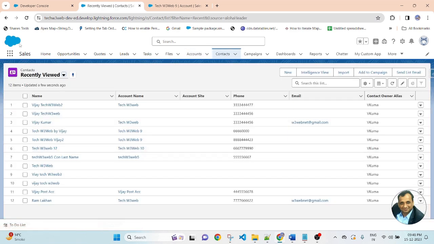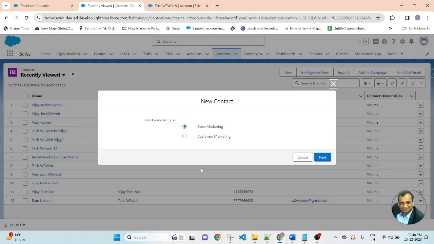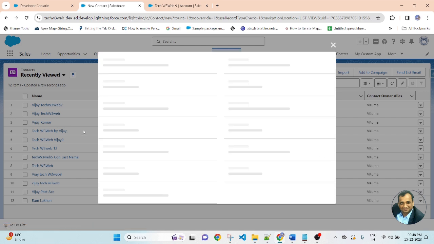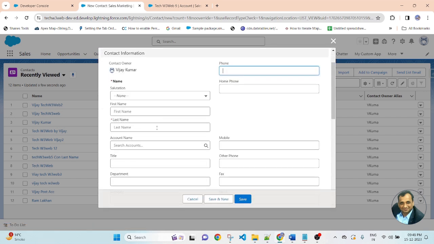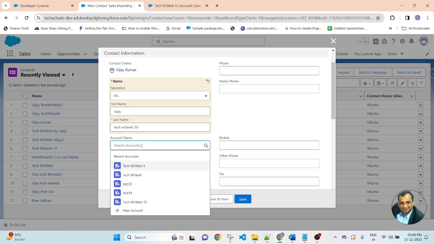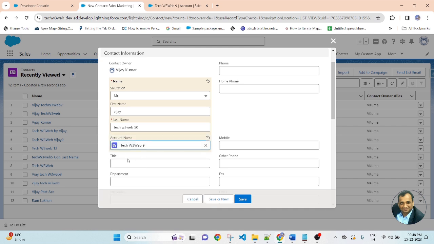Go to the contact, create new, write the first name and last name. Suppose I am writing the first name Vijay, last name TechW3 Wave 50. And here I am selecting the account TechW3 Wave 9.